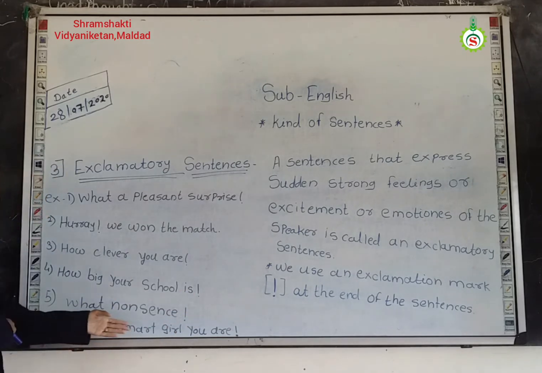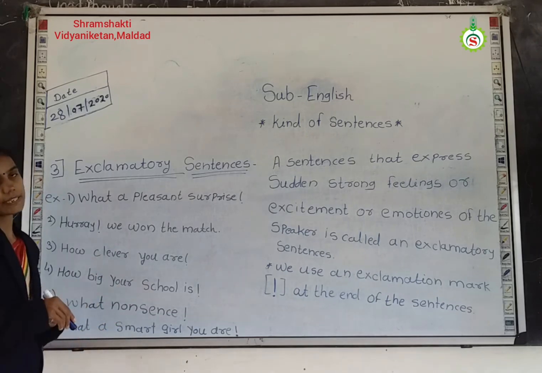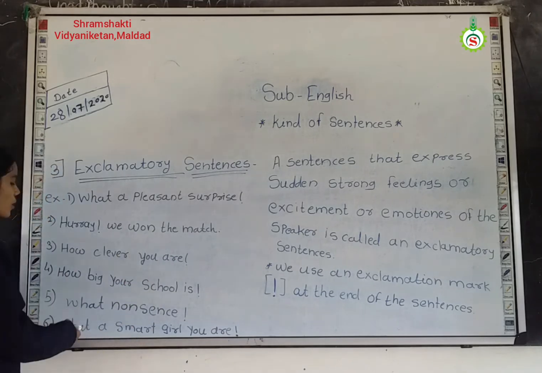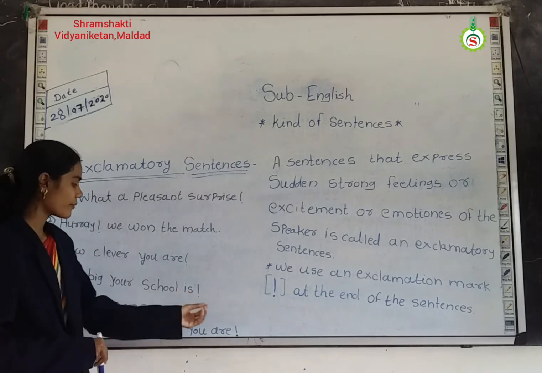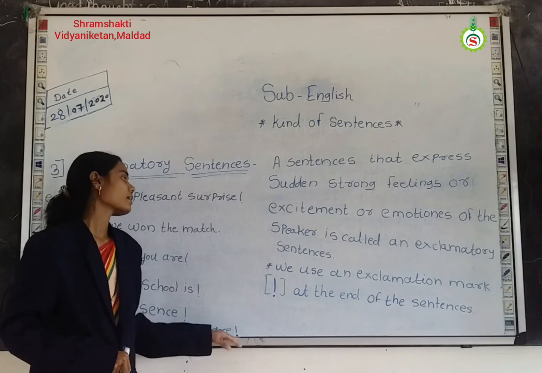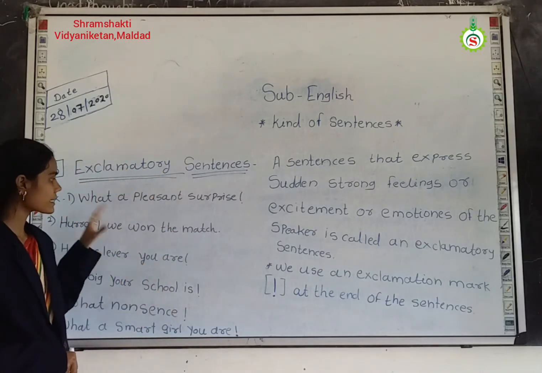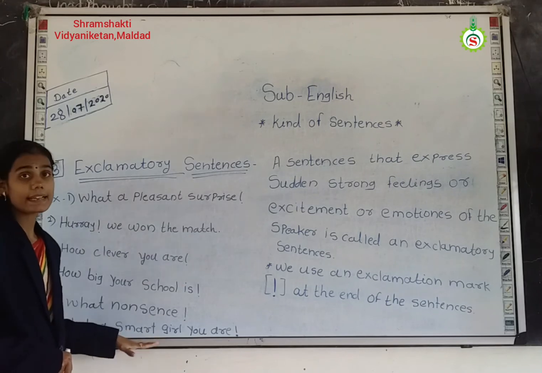Then: What a smart girl you are! When we look at a very smart girl, a very intelligent girl, at that time we use What a smart girl you are, and we use an exclamation mark. So students, when we observe and we notice that in all these sentences, so